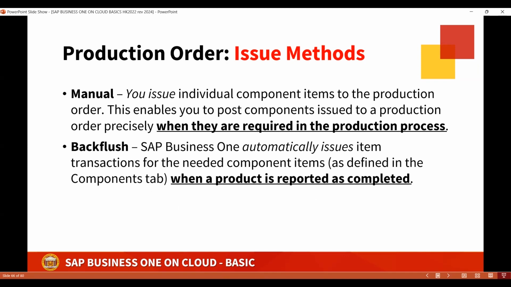So in the case of manual and backflush, for manual, there is a thing about this particular component not being available within the shop. It's either that the component is coming from other areas or from other locations. Backflush, on the other hand, entails that the actual subcomponent or the component itself is readily available to be used in the production.